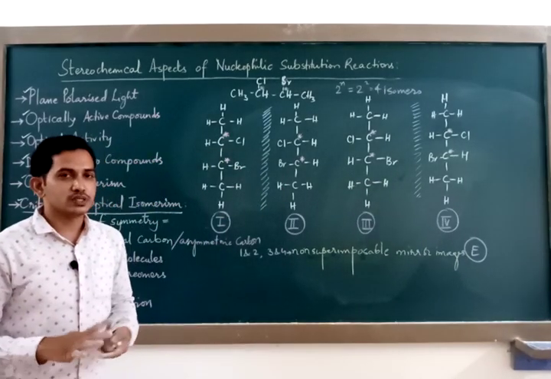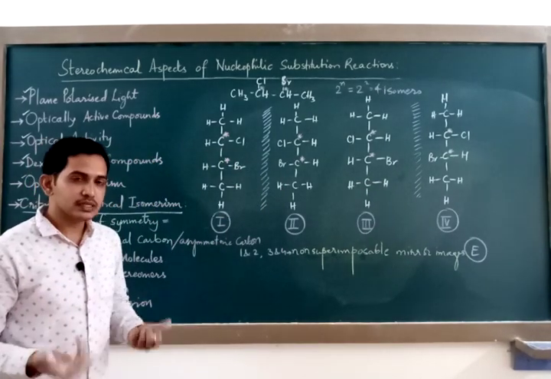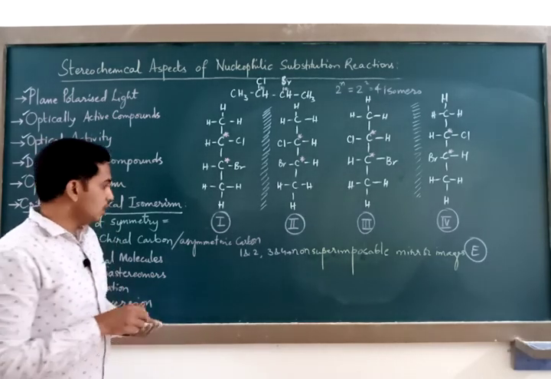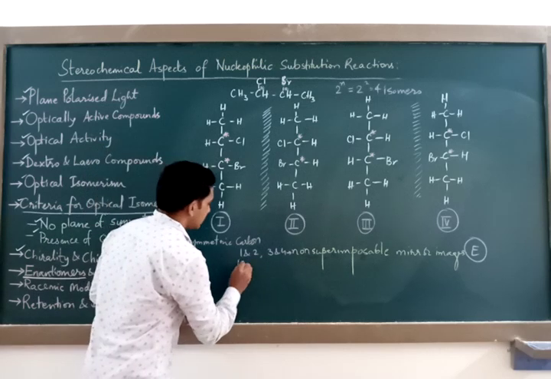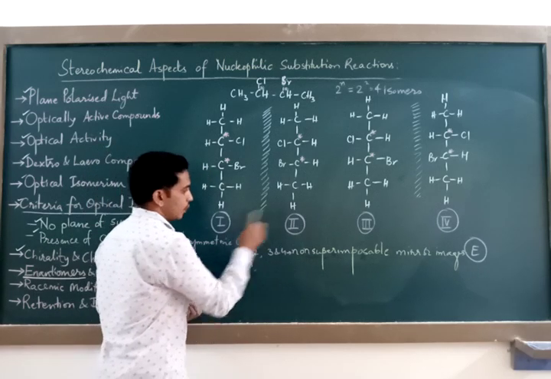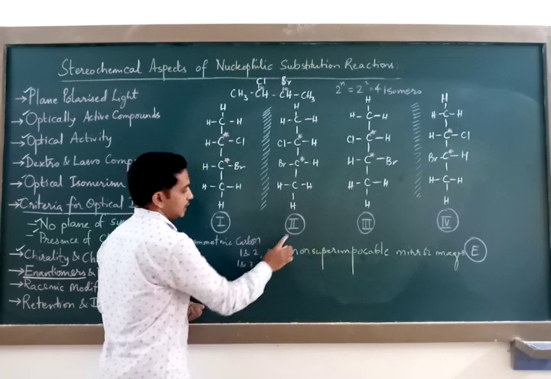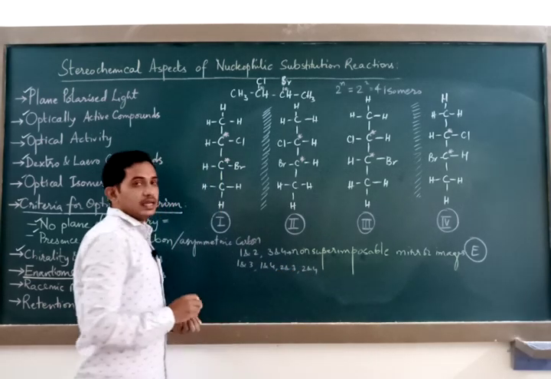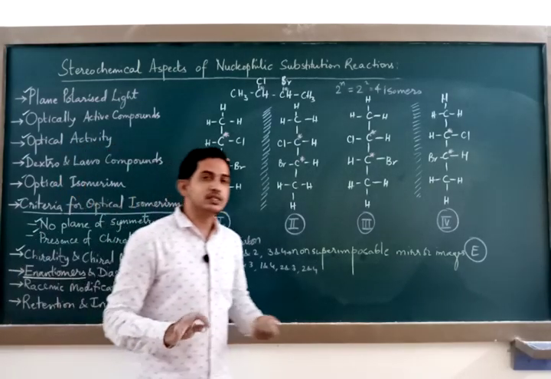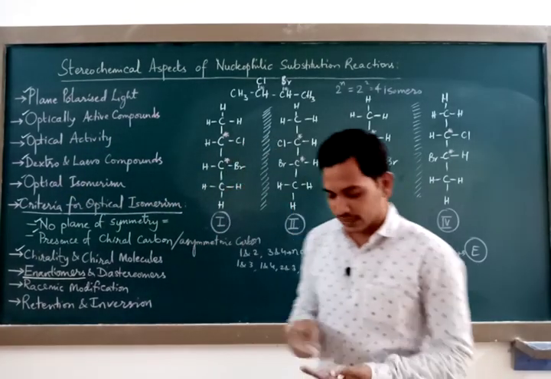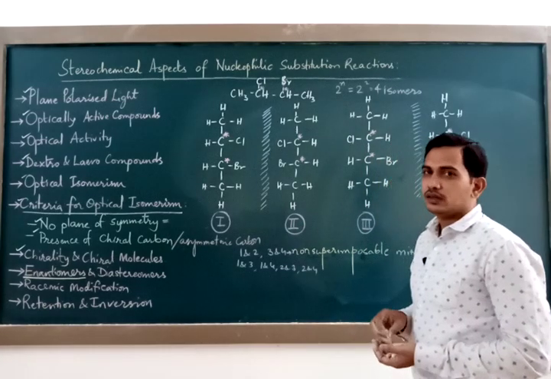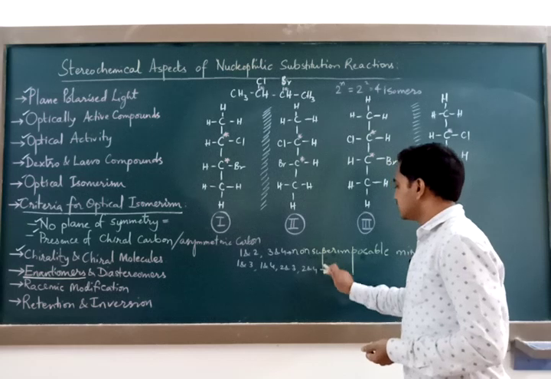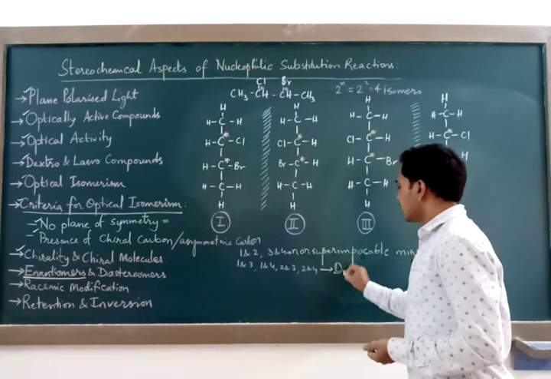Are they superimposable? No. Are they mirror images? No. But are they isomers of the same compound? Yes. Then isomers 1 and 3, similarly 1 and 4, similarly 2 and 3, 2 and 4, they are not mirror images. They are not superimposable. They are simply isomers of the same compound, and such isomers are called